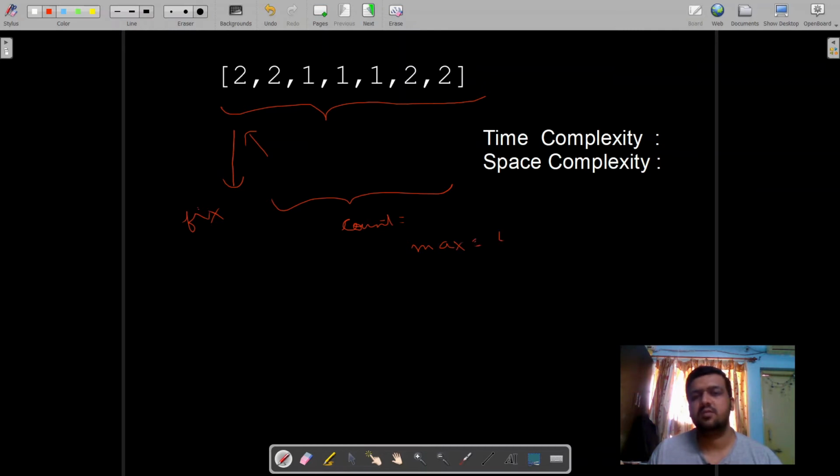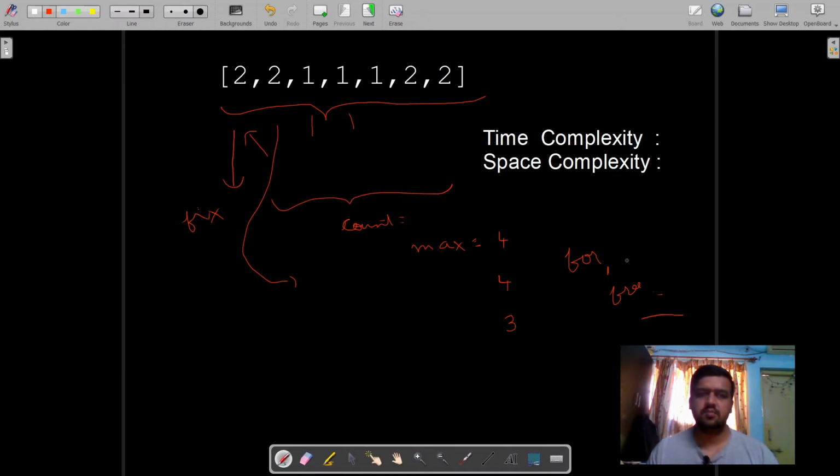Let's say the count is 4, right? Similarly, in the next iteration, I will take this next 2 value and repeat the same, so again I get max equals 4. Then I will take 1, which will have a maximum repetition value of 3. Similarly, we'll do this for the rest of the elements. So if you see, it will simply incorporate 2 for loops, and we'll fix one particular element and check in the rest of the array.